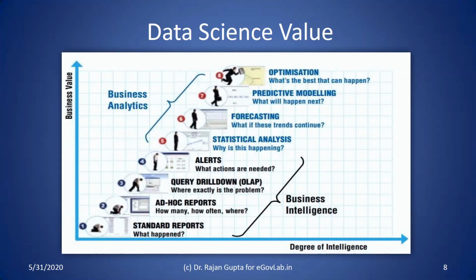Now, the applications where we need to have some sort of forecasting or predictive analysis done, where we want to predict what will happen, where we want to mine the kinds of associations happening in the data sets, with respect to the citizens who are interacting, and the business houses which are interacting with government, then we need to have advanced analytical models in place. And that is where different kinds of statistical analysis, forecasting, predictive modeling, and optimization models come into the picture under concepts like operations research, machine learning, artificial intelligence, deep learning, neural networks, statistical analysis, and data mining. So these are the few things that come under the advanced analytical skills.